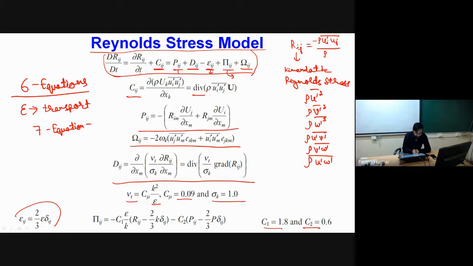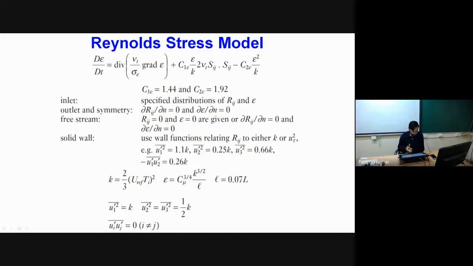It is popularly known as the 7 equation model, and due to the involvement of a large number of equations, this is actually very much time consuming. So majority of the time we do not use it for our industrial problems, because time-bounded solutions are more important, and it is very time consuming, which is more useful for academic purposes.